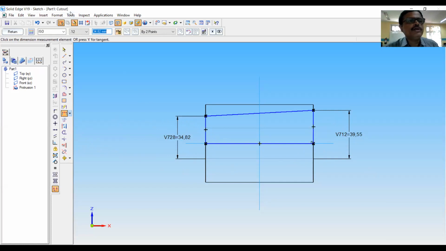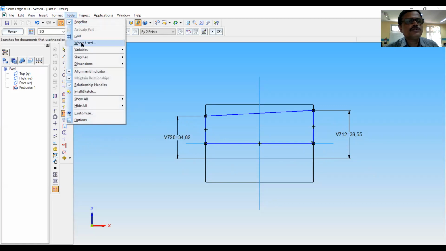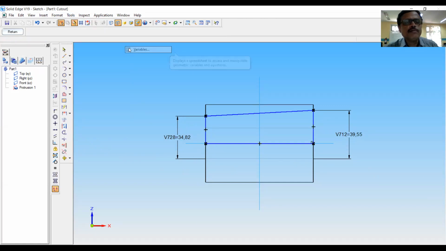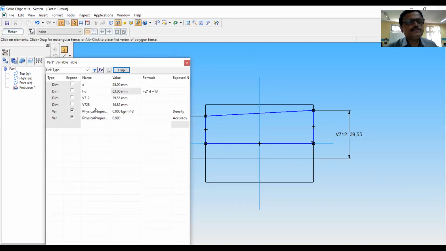Now we will enter the equations. Go to tools, variables. This equation I will enter as it is related to width of the key. So I will enter it.